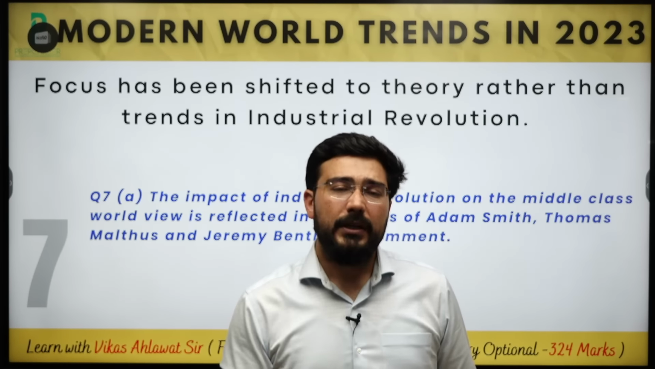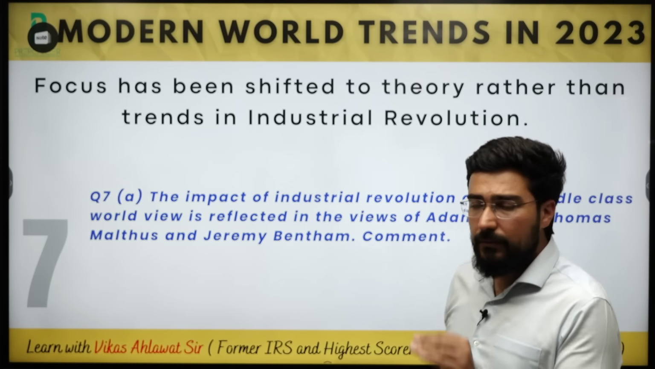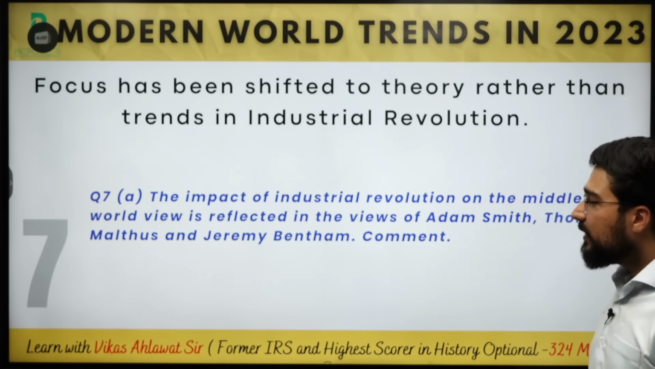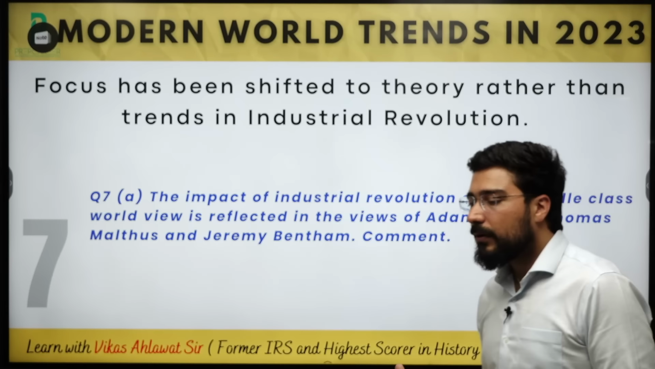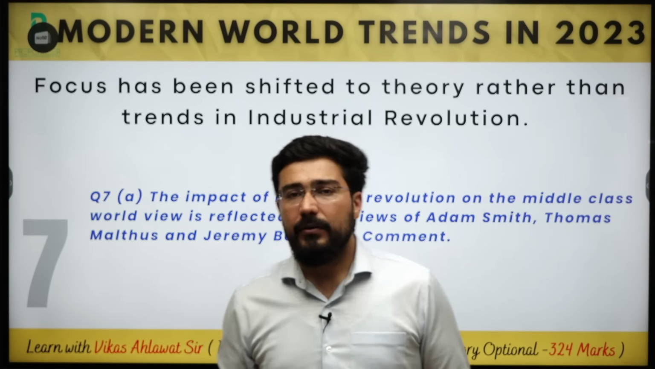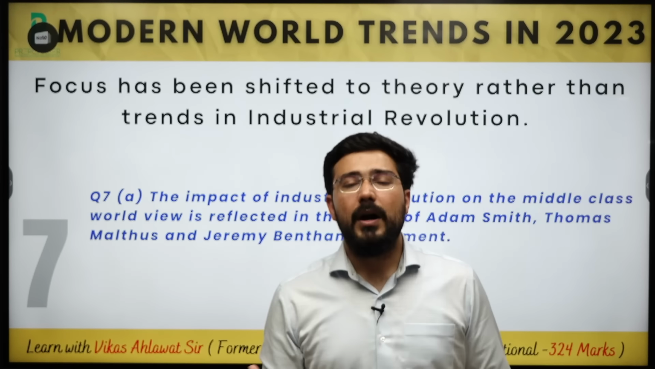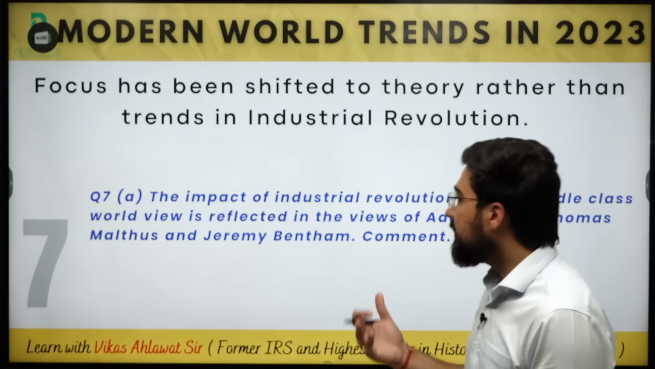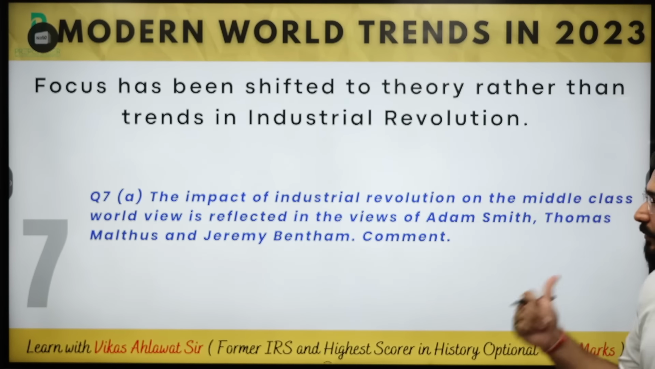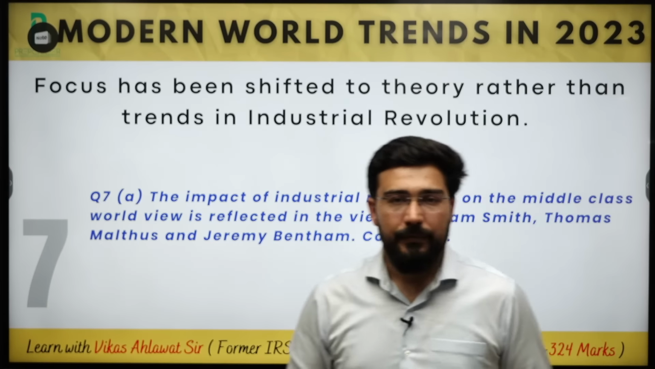Majority of the toppers, they have become toppers by writing 2 answers from world history, and this is the reason. Finally, when we talk about industrial revolution, this time around they have talked more about the theory part of industrial revolution, the writings which we can see of Adam Smith, Thomas Malthus, as well as Jeremy Bentham. Some of the people like